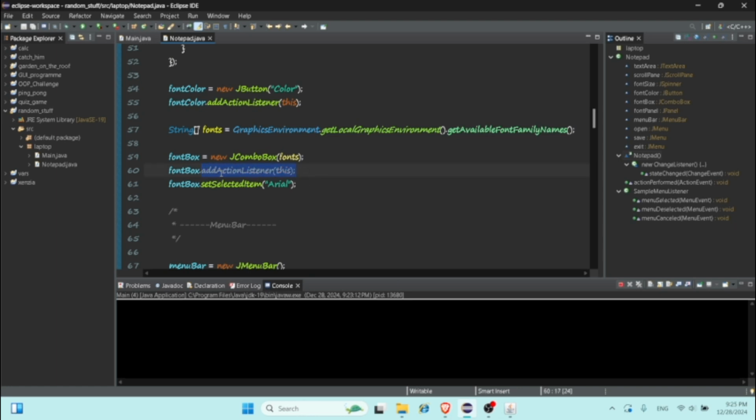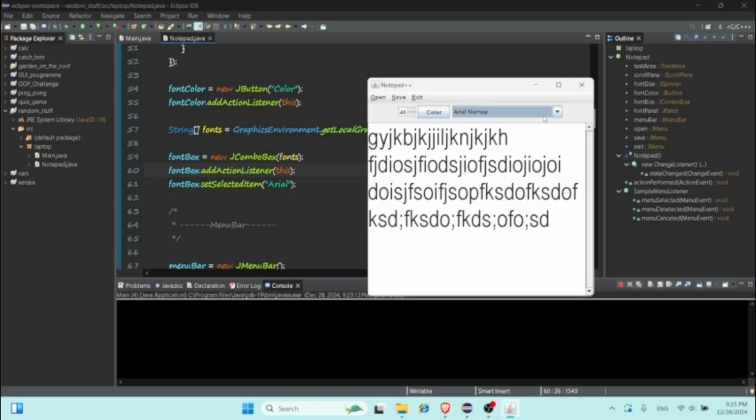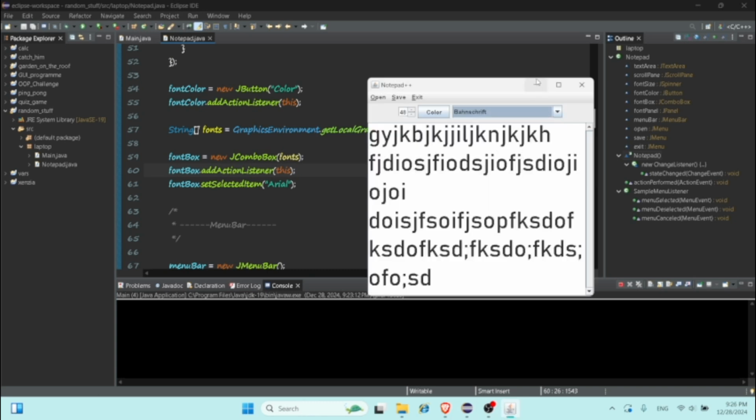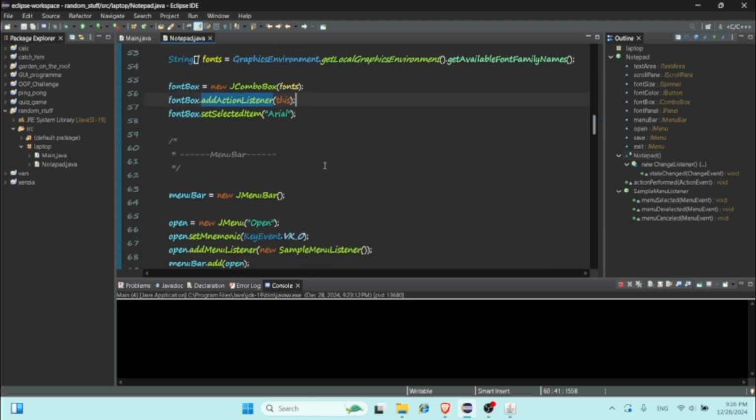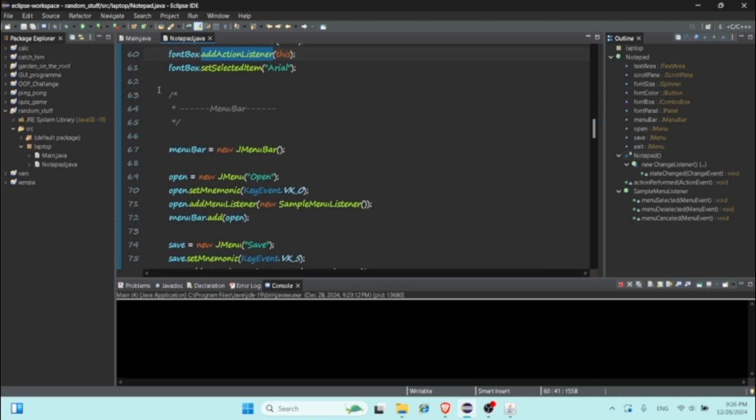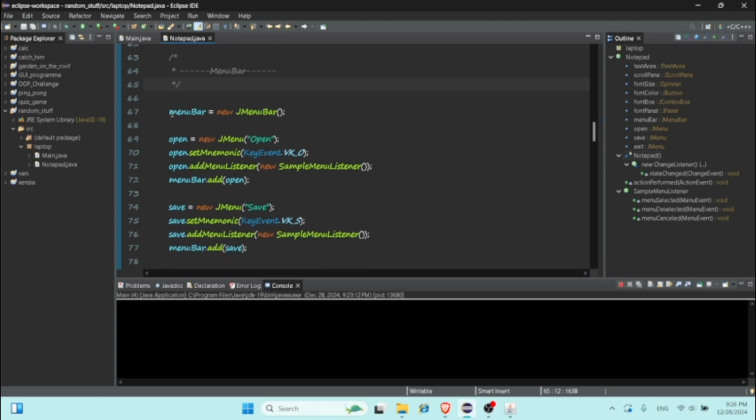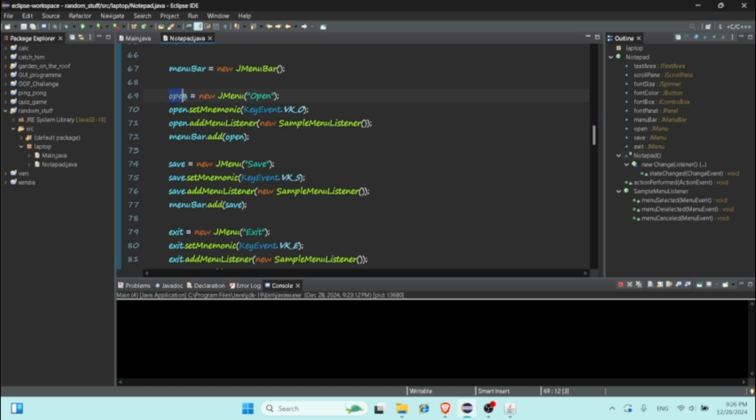It has an action listener, so the action listener is called every time we change the font. We'll get to the action listener later. So now we are coming to the menu bar. The menu bar is assigned a new value, and open is one of the menus inside the menu bar. So it is given a name,